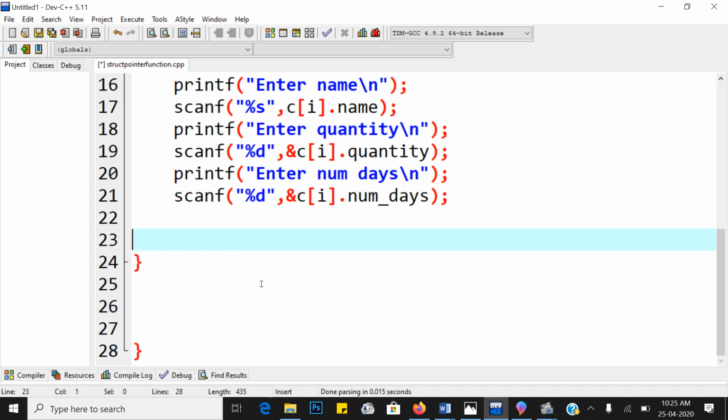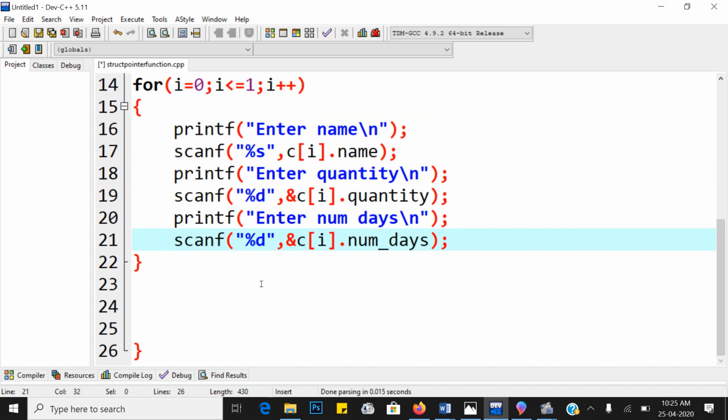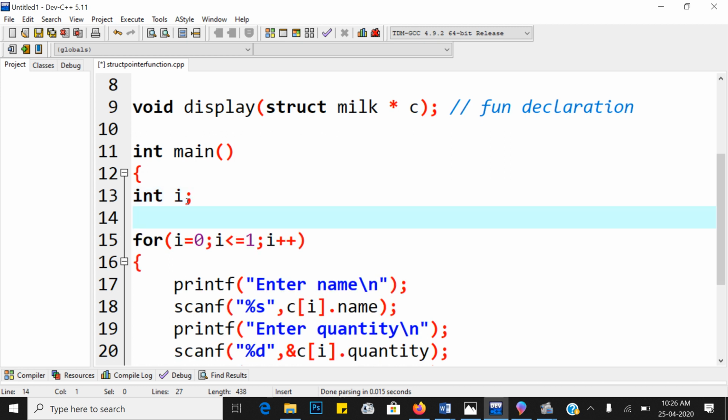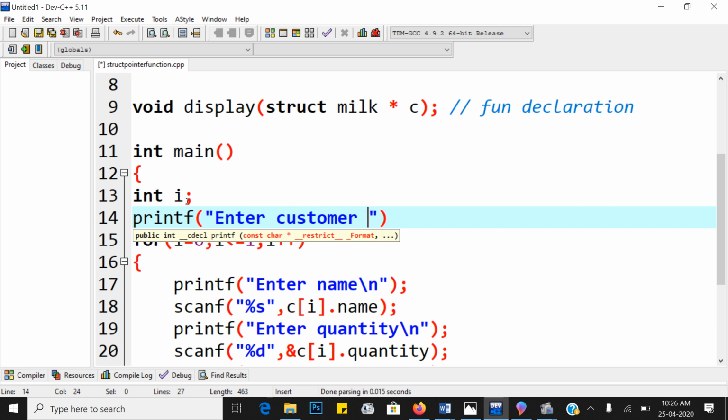Next, what do we have to do? We have to declare integer I as a variable. Before that, what do we have to print? printf enter customer data slash n.